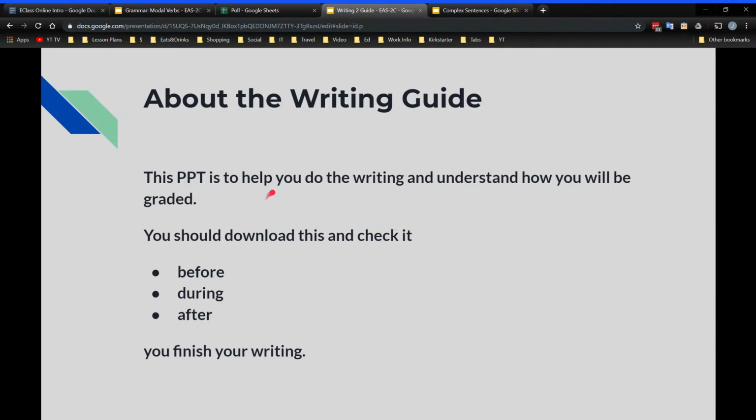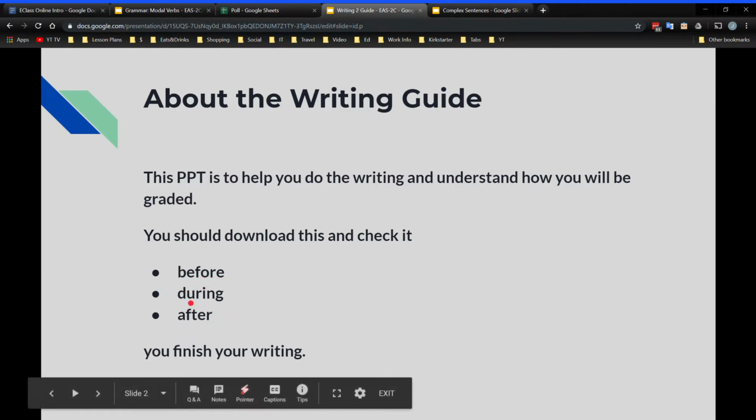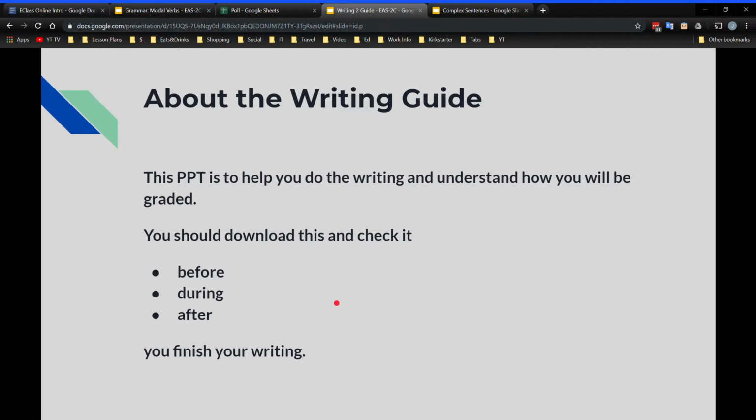And you should download this before you start your writing and keep looking back to it during the writing, and even after, once you've finished your writing, take another look and just make sure you got everything. Alright, so next,